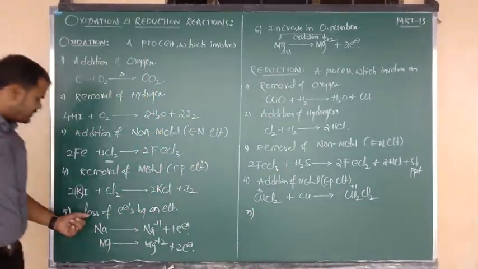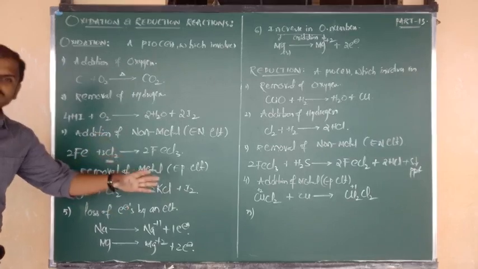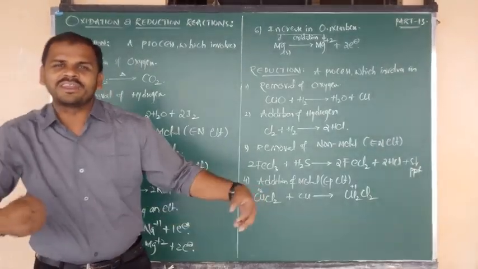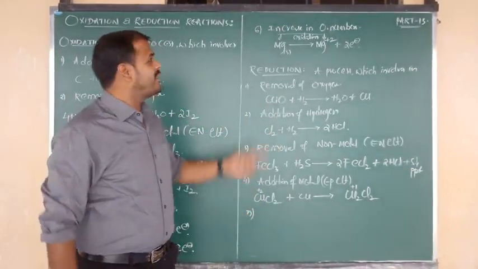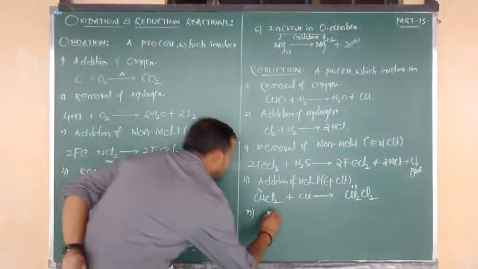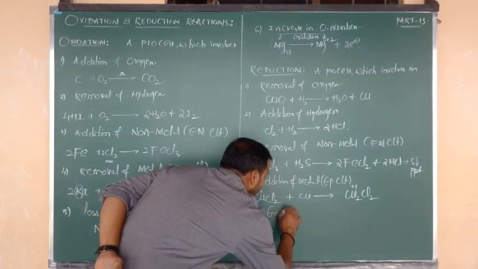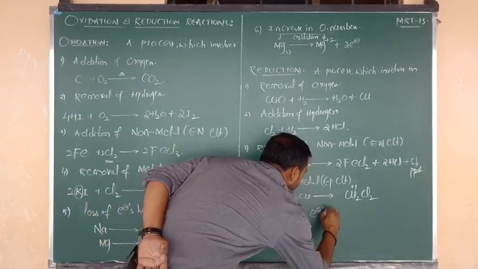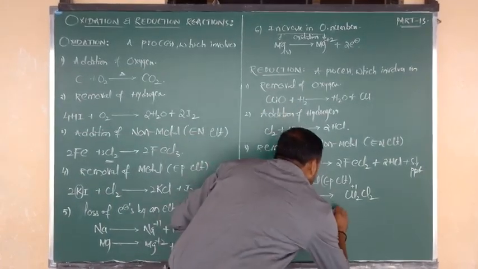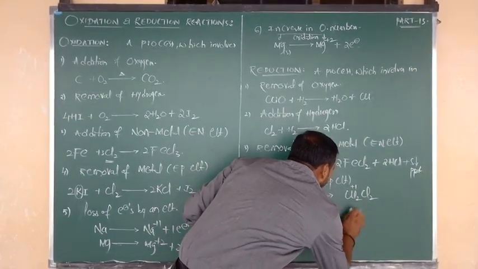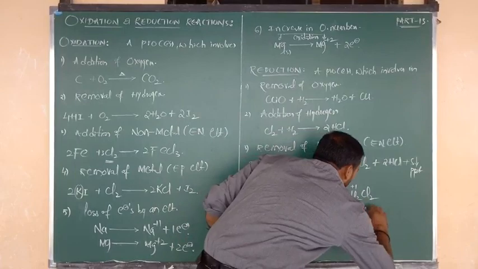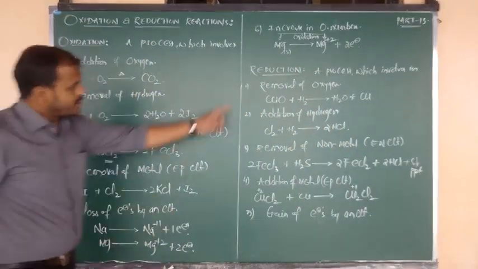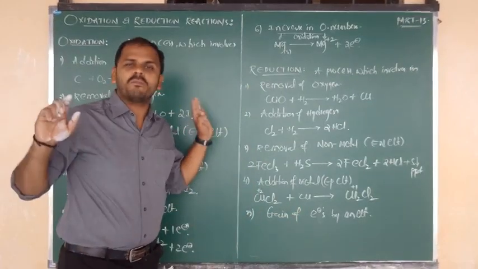Another example I am going to show you. What is the fifth concept? Loss of electrons by any species, that is oxidation. Here it is quite the opposite. Gain of electrons by any respective species, that is reduction. So the definition you have to write is gain of electrons by an element or by any species. Oxidation means loss of electrons, reduction means gain of electrons, quite opposite.